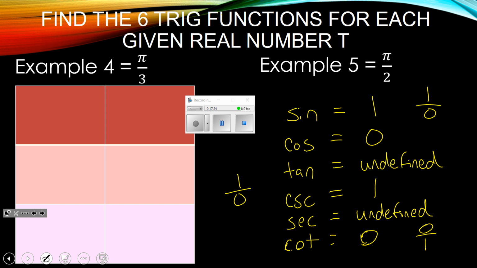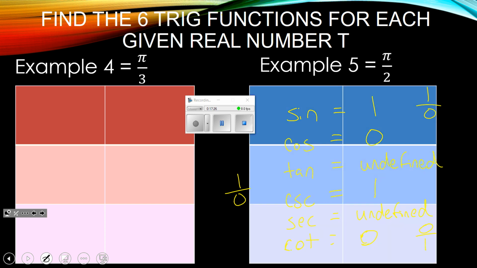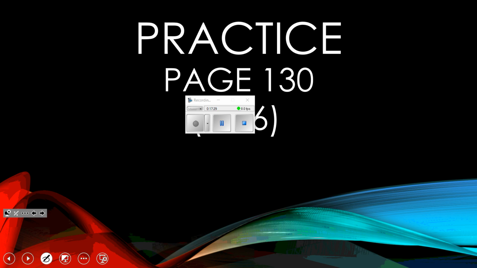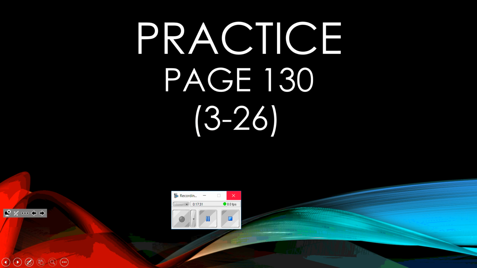Oh, look, we had pretty little boxes to put these in. Oh, well. Not anymore. Okay, so that's it. We're just practicing doing sine, cosine, tangent,